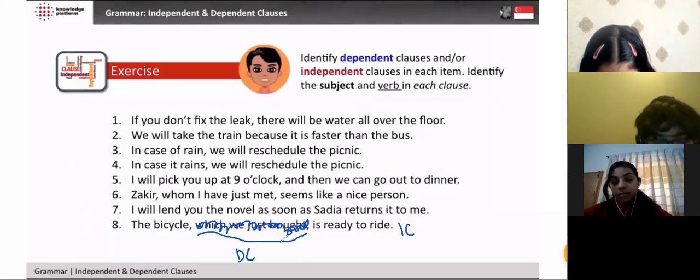ठीक है? Together when we incorporate dependent and independent clause, हमारे पास complex sentence बनता है. Clauses join together to make a sentence. ठीक है? चलें. With that we come to the end of the lesson. ये आगे ना बाजी, सिर्फ मैं lesson वो complete कर देती हूँ इसको, वीडियो को. हमारे पास last